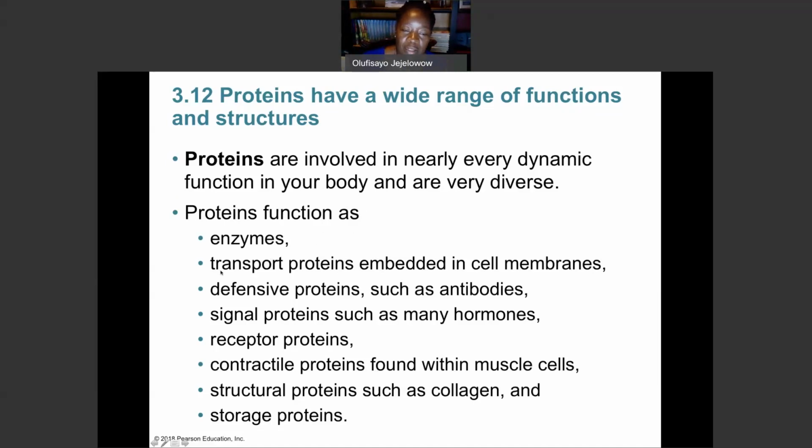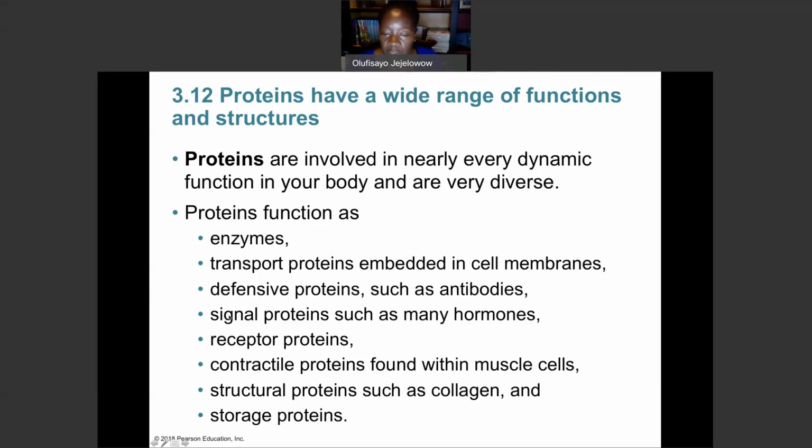Proteins function as transport proteins that are embedded in the cell membranes. Certain materials that cannot go through the membrane directly have to be carried by proteins in and out of cells. There are defense proteins in the body, such as antibodies. Right now, as we are going through the COVID-19 pandemic, we are looking at antibodies, defense proteins made in the body, to see if they could be used to prevent infection or severity of disease in others.